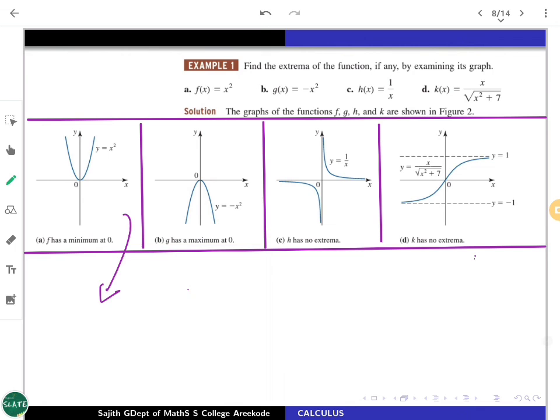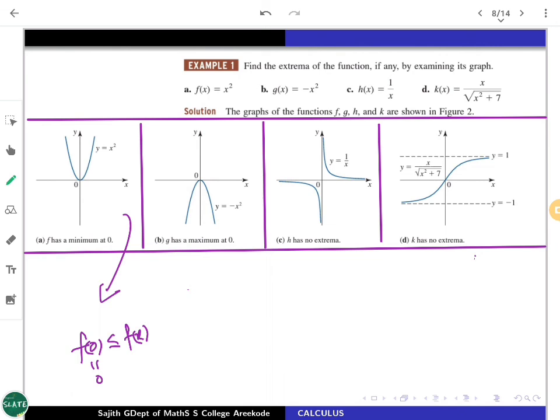And obviously, f is going to have a minimum at 0. So it's taking an extremum. Why is it so? f is having a minimum value at 0 means f of 0, which is actually 0 here, is less than or equal to f of x. f of x is x square for every x in R. So you are getting a minimum. In fact, it is the global minimum. So it is an extremum.